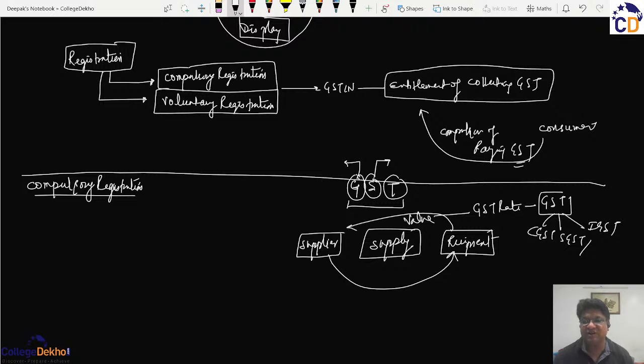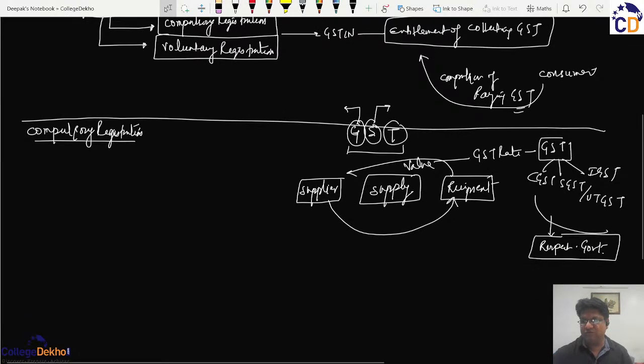And when we use the word SGST, we presume that it could be the state GST or the union territory GST. So whatever the nature of the GST is, this GST is paid to the respective governments. Because if it's an IGST or CGST or the UTGST, it goes to the central government, and if it's an SGST, then it goes to the respective state government. But keeping those things aside, if we move on to our concept, then you will find here that